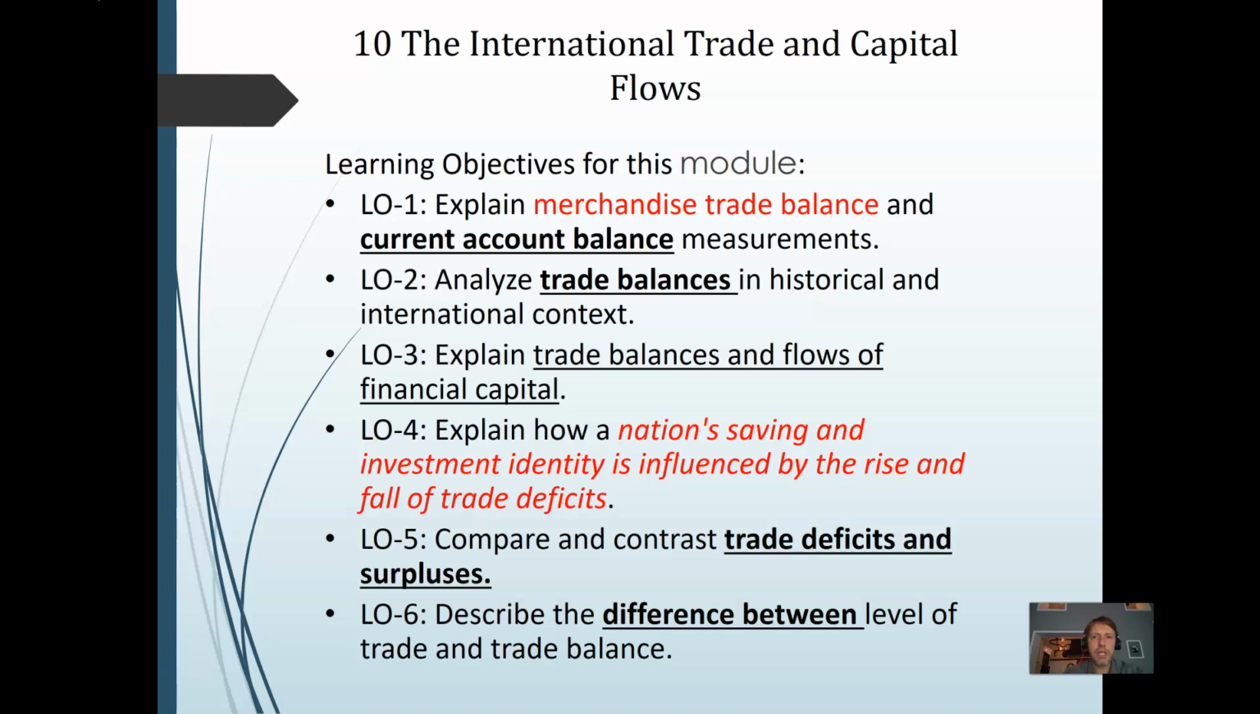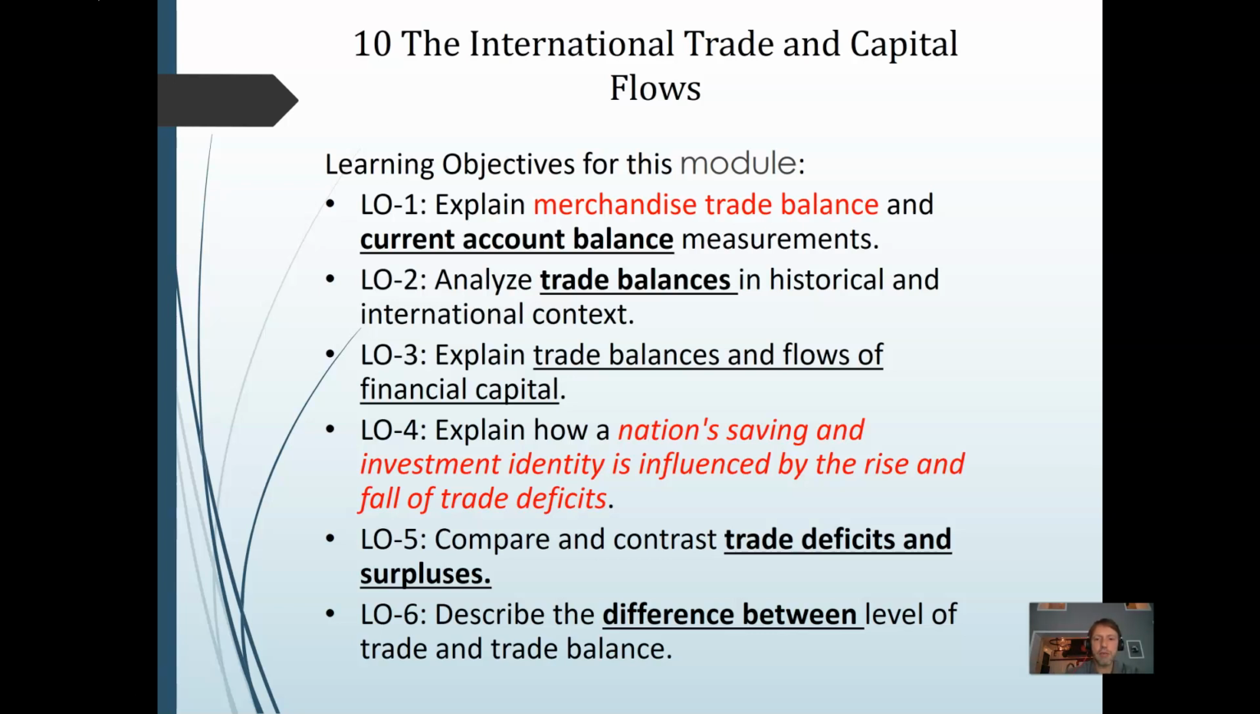We're talking about Chapter 10, international trade and capital flows, today, looking at merchandise trade balances, something called the current account balance, analyzing those over time and in an international context, and then making sure that you understand trade balances and flows of financial capital. We'll look at nations' saving and investment identity and understand how that may lead to a rise or fall of